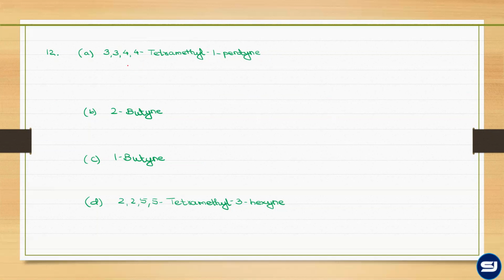Okay, so let's start by drawing the structure. 3,3,4,4-tetramethyl-1-pentyne. So we will draw a carbon chain of 5 carbon. 1-pentyne मतलब triple bond at the first carbon. 3,3,4,4-tetramethyl, there are 4 substituents, and it will be ended with CH3 and H over here. So structure तैयार है. अब how many carbon atoms are collinear? मतलब lying in the straight line in the same plane for the structure given.